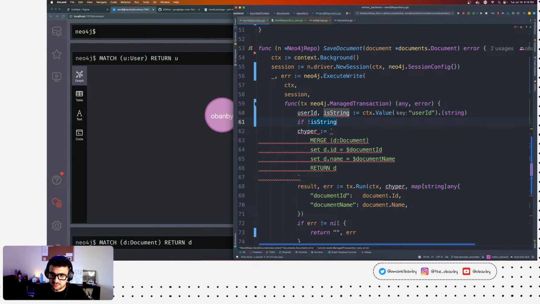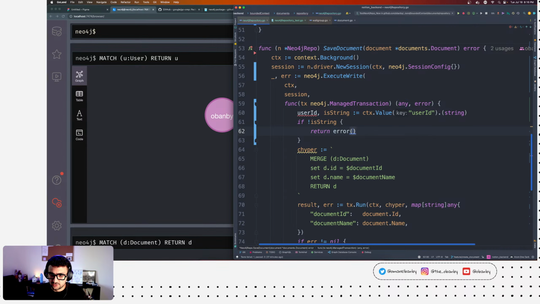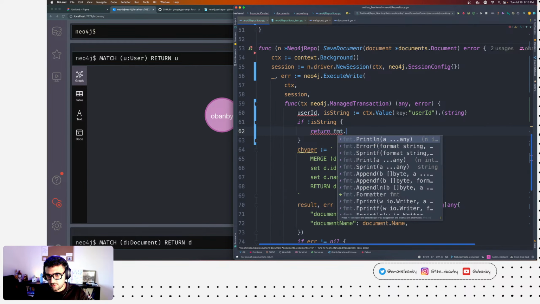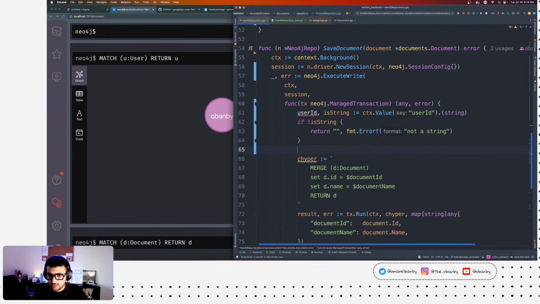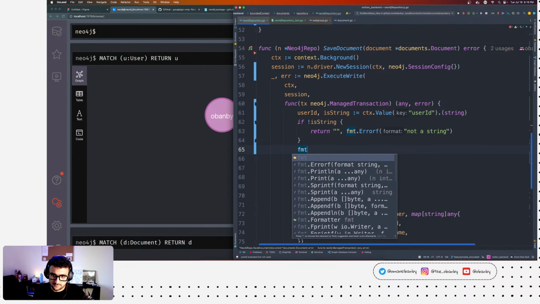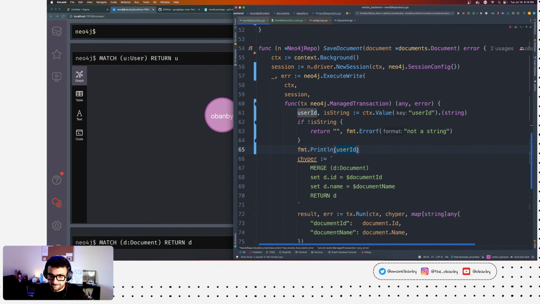If it isn't a string, you can return an error. Okay, and then you have access to the user ID. So right now, our user ID will actually be empty because we don't pass anything to the context, and that's something that you want to validate.